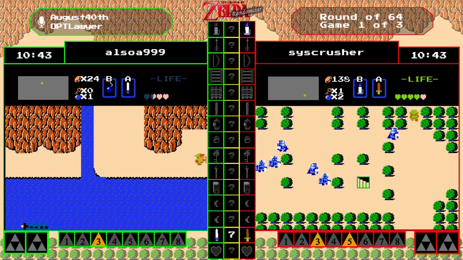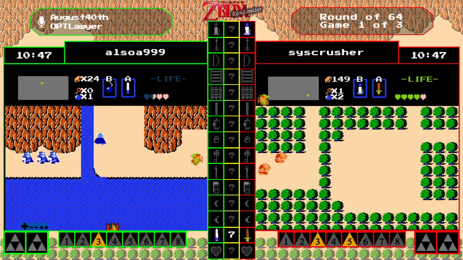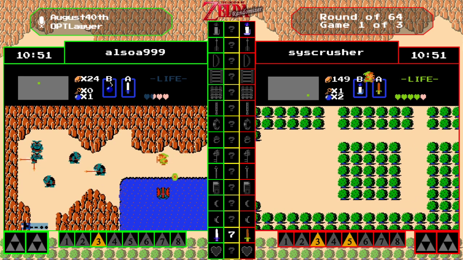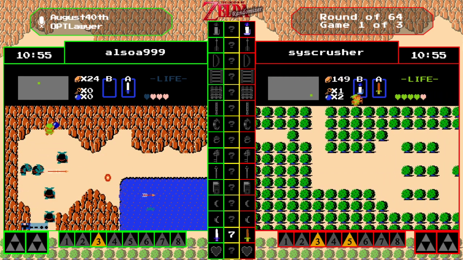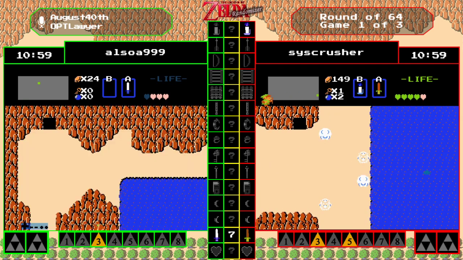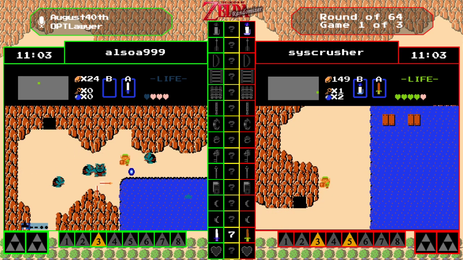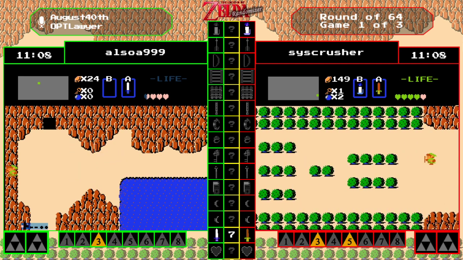Syscrusher showing us 136. Nice! Yeah, that is a nice... Oh, wow. Okay, so Syscrusher showing off a little bit of HUD clipping here. Knows his way around. We're gonna go all the way over to the coast. Yeah, I have tried that exactly once and soft locked the game, so...